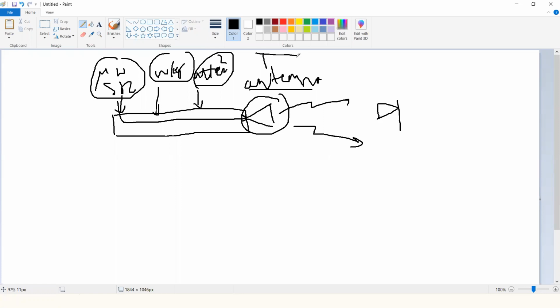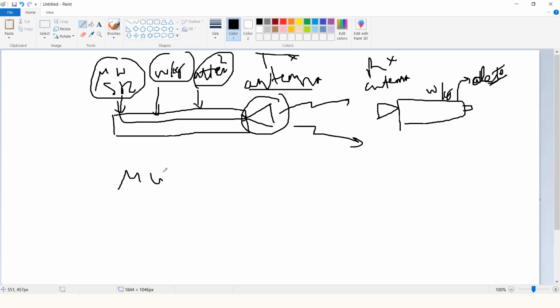So this is a transmitting antenna, and here I'll be having a receiving antenna. At the receiving antenna, you should have the antenna, and then you should have a waveguide and a termination to the waveguide. And if you want, you can have a microwave detector. So this is what you can have in an entire microwave system. This is in short what we are looking at.